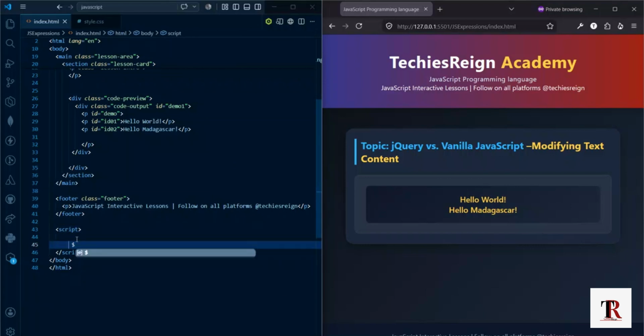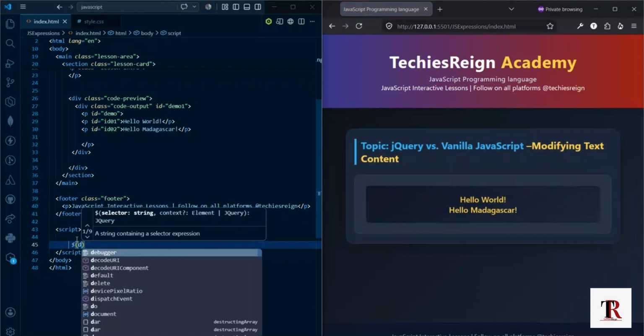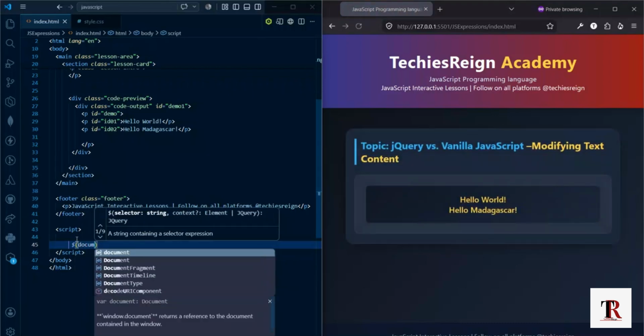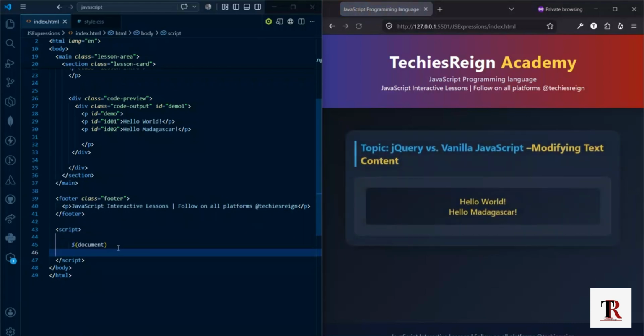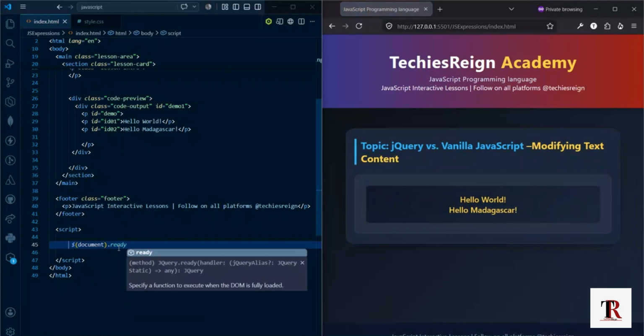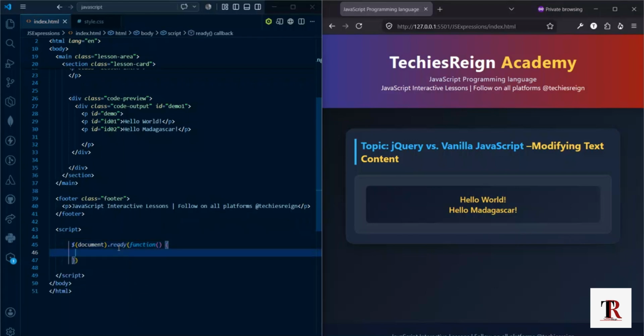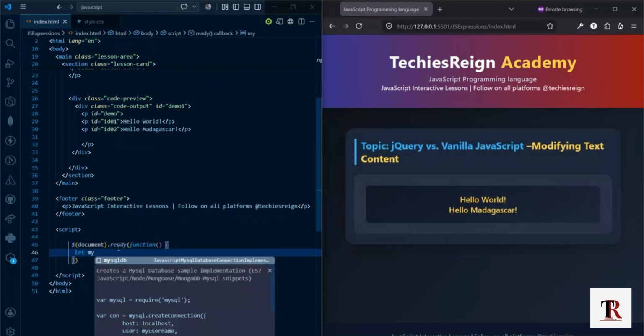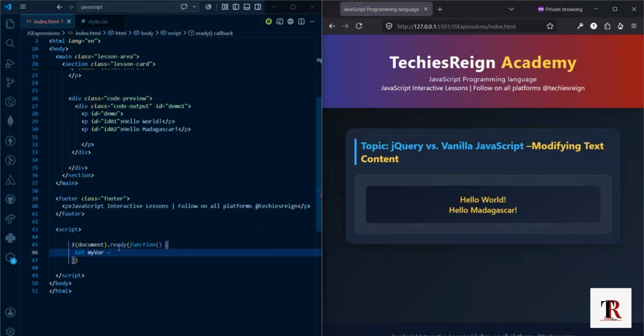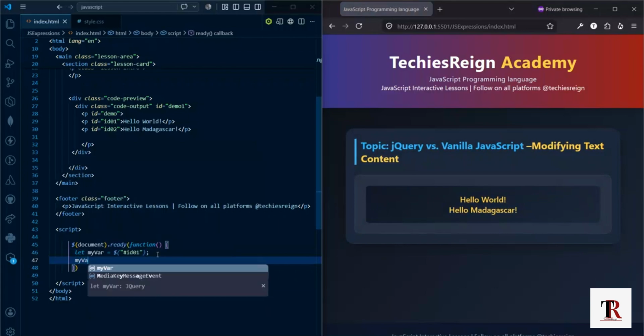And what do I want to do? jQuery. So call a document.ready method and pass the function. And inside it, you make a variable, and then you use it to target the ID of what you want to change. So in my own case, let me just use the ID 01. And now that I've done this, then I can call my variable